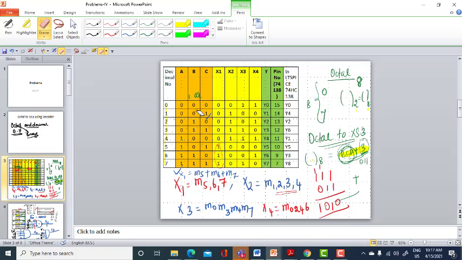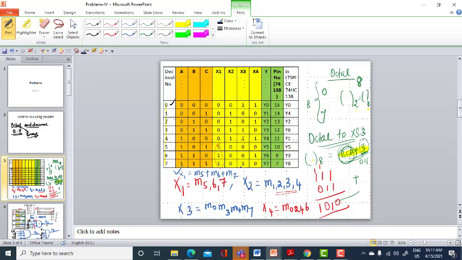I repeat. Look here. BCD is this. This plus 3 will give you your XS3. 0 plus 3 is 3. 1 plus 3 is 4, so that is 0 1 0 0. 2 plus 3 is 5, 0 1 0 1. 3 plus 3 is 6, 0 1 1 0, and 4 plus 3 is 7, 0 1 1 1. It goes on and on.